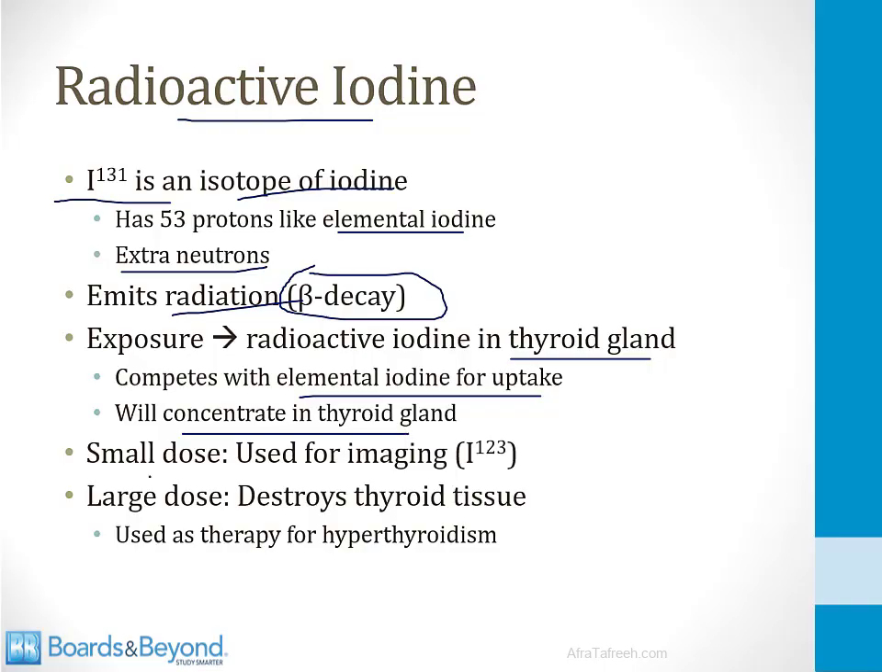Radioactive iodine is used medically for two purposes. It's sometimes given in a small dose to concentrate in the thyroid gland so that you can image the thyroid gland, although another isotope of iodine, iodine 123, is also often used for this purpose. In a large dose, iodine 131 can be used to destroy thyroid tissue. This is used as a therapy for hyperthyroidism. So patients who are hyperthyroid can receive radioactive iodine. Their thyroid gland will be ablated, and then after that they can take thyroid supplementation and their hyperthyroidism will be